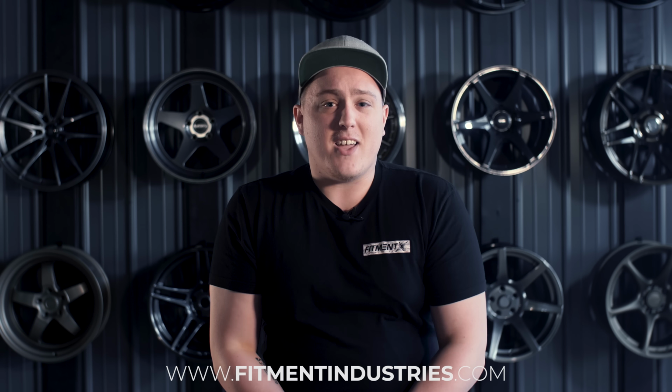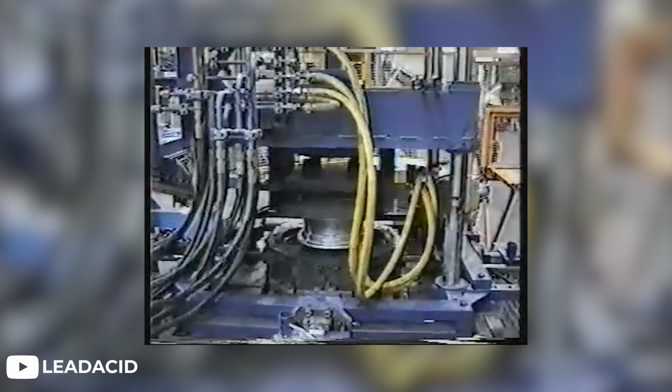If you've been shopping around for wheels lately, which hopefully would have been done at fitmentindustries.com, you have more than likely seen wheels with various manufacturing processes. From your standard low pressure cast to rotary forged to flow formed to rotary flow formed forged. If we go ahead and look into some early forged wheels, we are going to be looking for the most